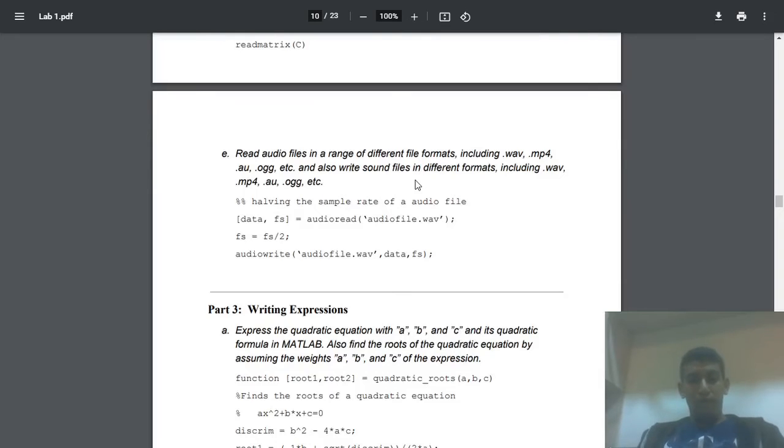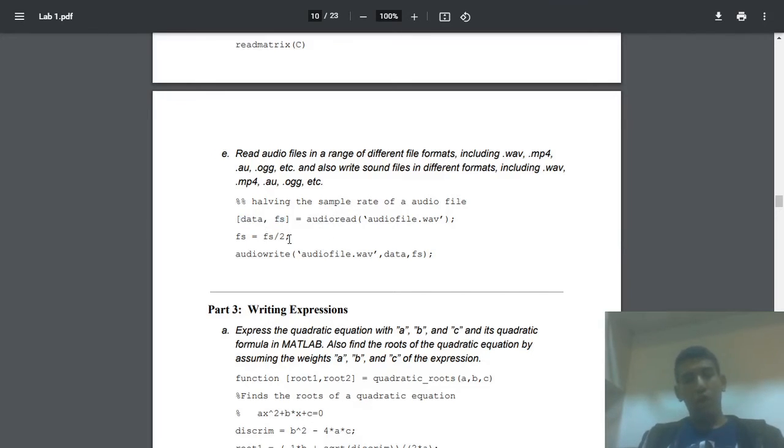Now you can also read audio and write audio using MATLAB, and when we use the audioread command and read an audio file, we get the audio points, which in this case is stored in the data variable, and the sampling rate, which I have stored in this fs. The sampling rate determines how fast the data should be played when we're sounding it.